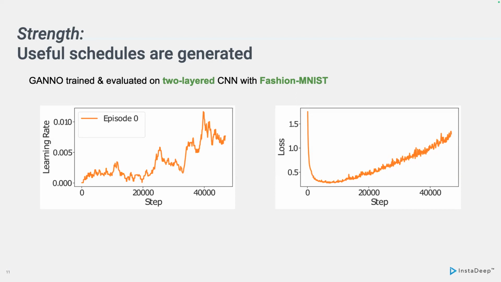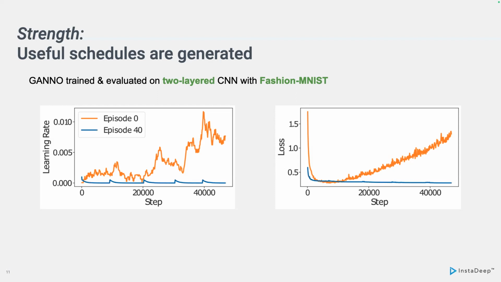And you can see it's just kind of bumbling around. Obviously, it's just exploring. It's kind of choosing fairly, just depending on the policy initialization. And you can see that the loss is not very good. Over time, it actually increases. But what we see very interestingly is later on in this training, episode 40 in GANNO's training, the outer loop. We see this much better, much more controlled, much more interesting